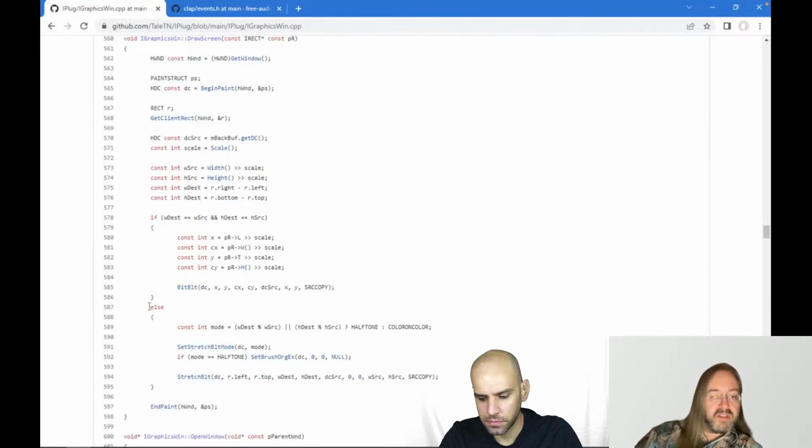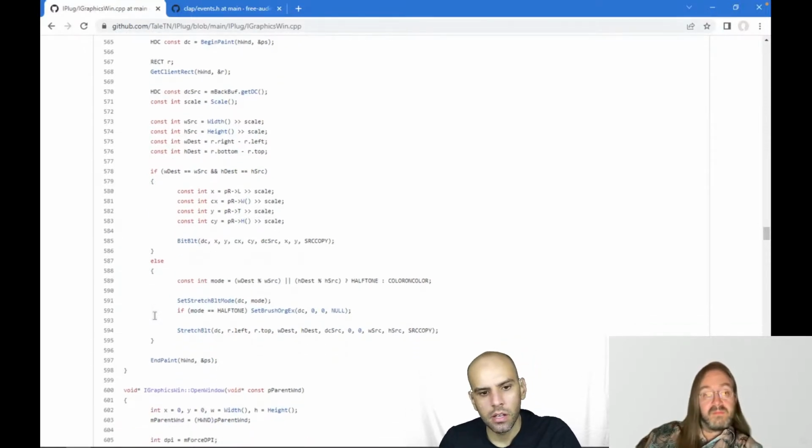No, so LICE is mostly something that handles memory bitmaps. So basically it's just shuffling memory around. And then there are some routines that copy that to a format that is suitable to render on the screen. But mostly it's just code that you can compile and hack, but it's not using any GPU or whatever. This is also the reason, I guess, why Reaper is not using the GPU to draw things. Yeah. All right.